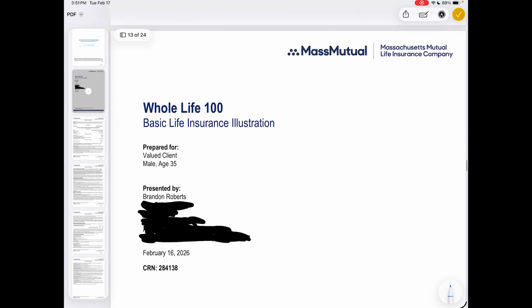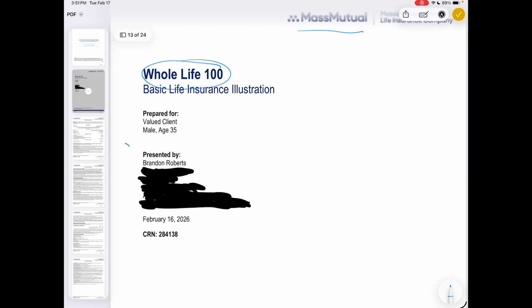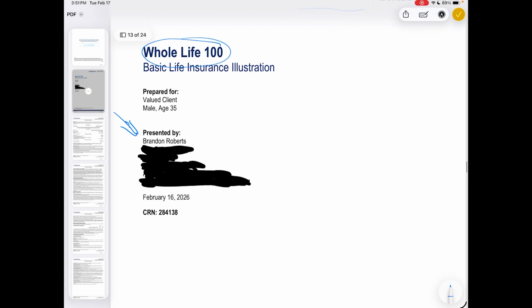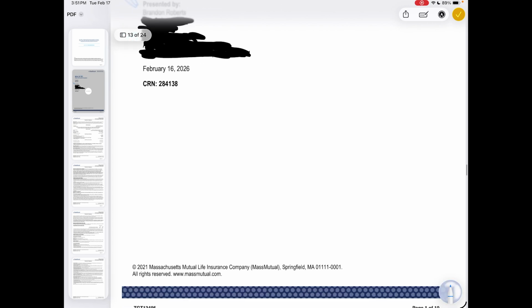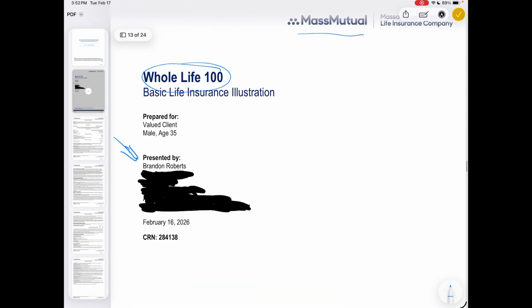Now let's look at another illustration from another company, just so we can see how they differ a little bit and also give you a better understanding of some of the other columns that may be present in certain illustrations, but not always in every single one of them. To begin, we'll note that we have all the same basic stuff that we saw before: the product type, the company that's issuing the policy, the agent's information, which again, we've taken out since this will live on YouTube and I don't need people calling me or emailing me randomly, and information about where the company is located,